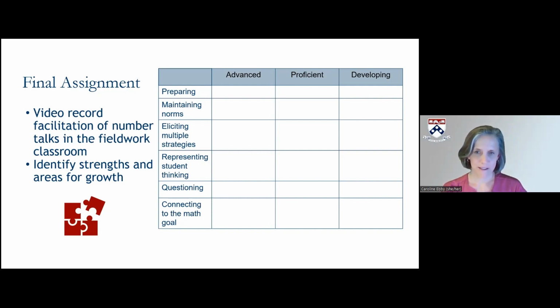And then at the end of the semester, they reflect on their own strengths and identify areas where they want to continue growing. If my students were not in a classroom while they were taking this course, I would still have them do this kind of reflection and analysis around the rehearsals that they were doing in class.